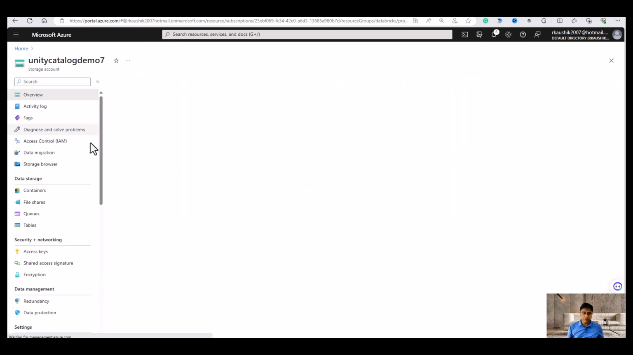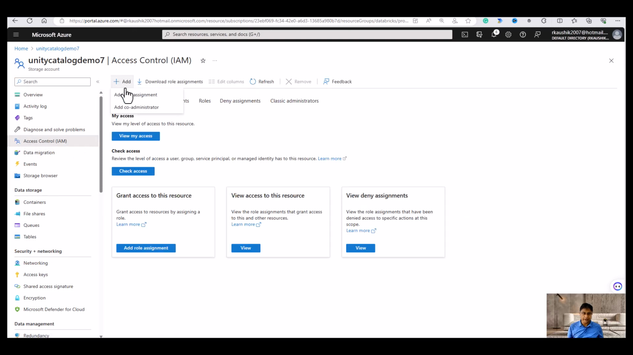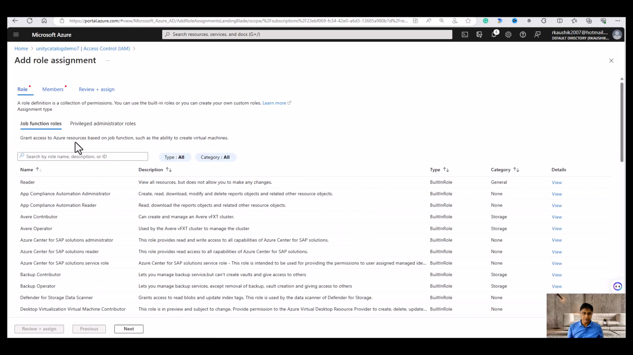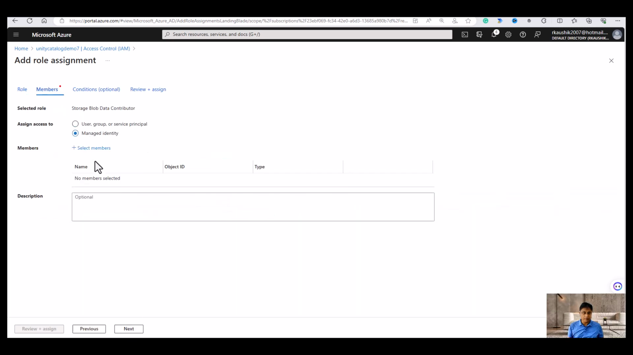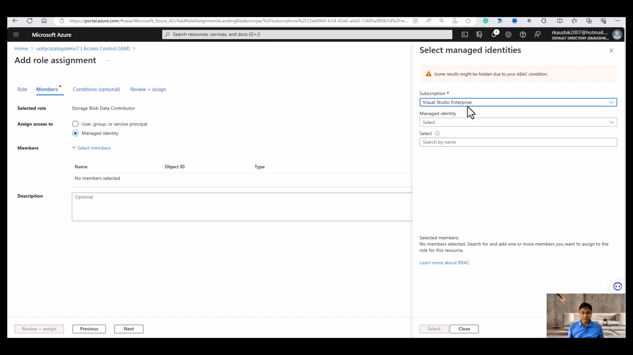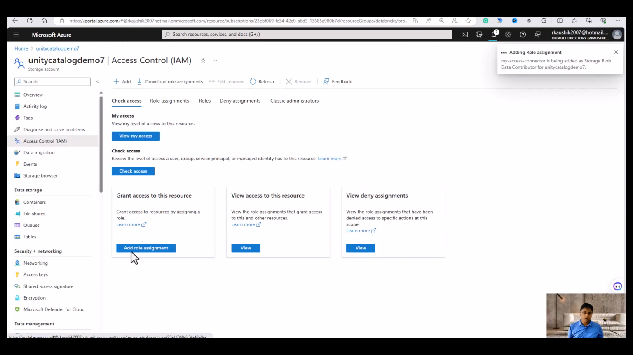storage account and grant access to that storage account with access control, add role assignment, and in that I am going to select Storage Blob Data Contributor. This time I am going to use managed identity, because we are going to use the managed identity of the access connector. This is my access connector managed identity, and I'm going to select it and review and assign. That means now my access connector has access to the